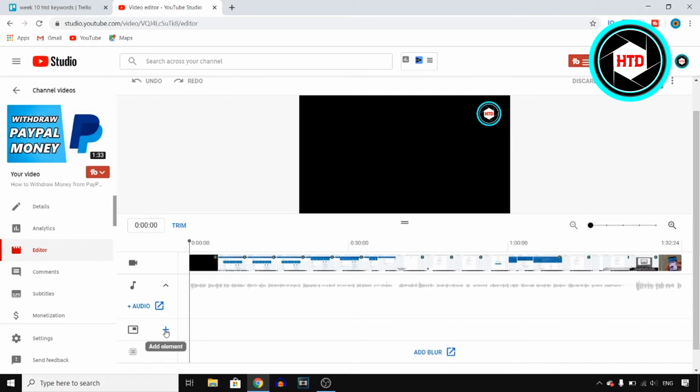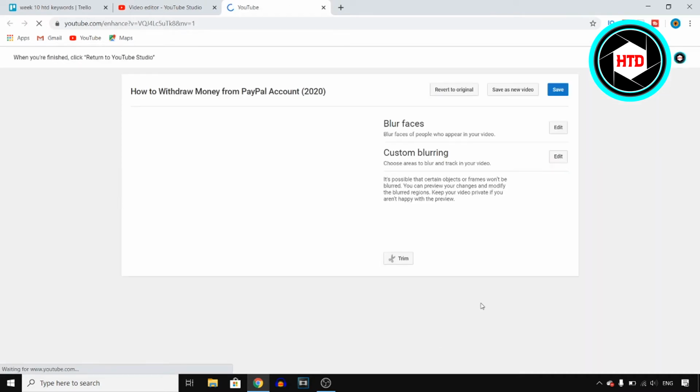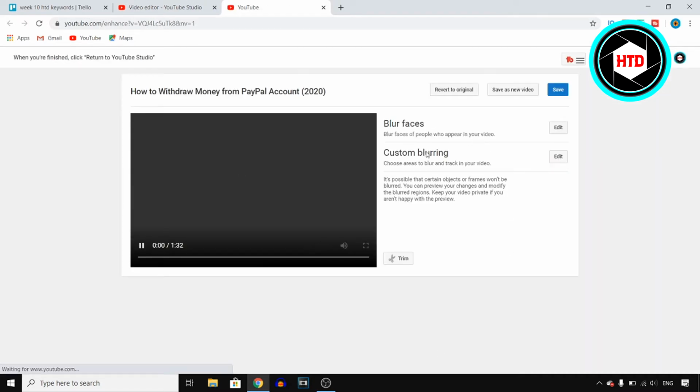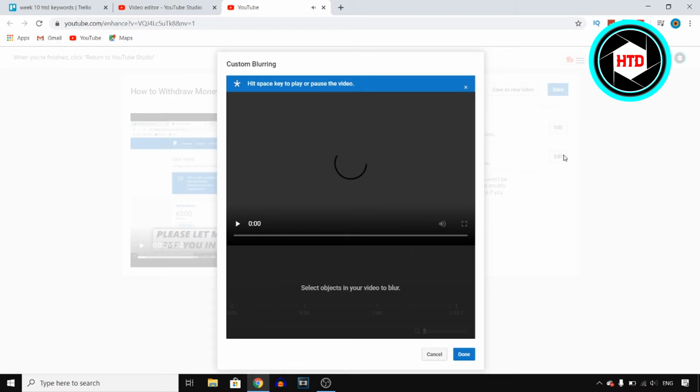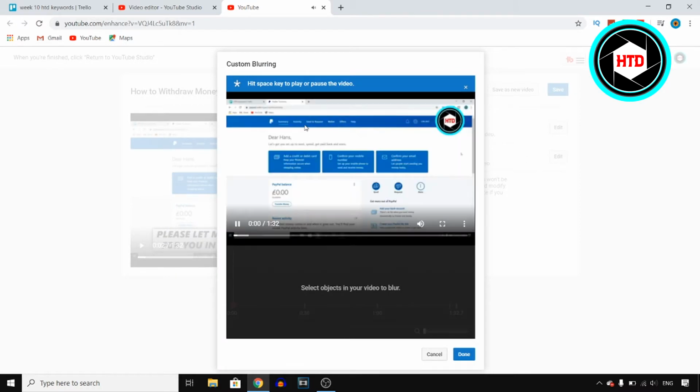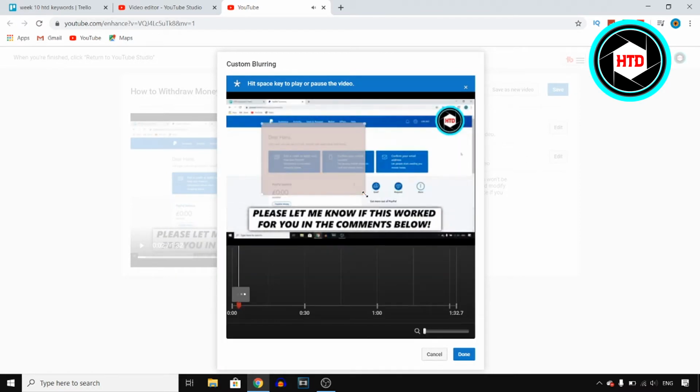Now you can also, let's click right there, add elements. These are just playlists, so this is not really editing your video. Now you can add a blur. You can do that by clicking right there on add blur, which is then going to send you over to a different page where you can blur faces or custom blurring. I like to use custom blurring, so let's say that I want to do that. You then click on edit right there, and you can then select